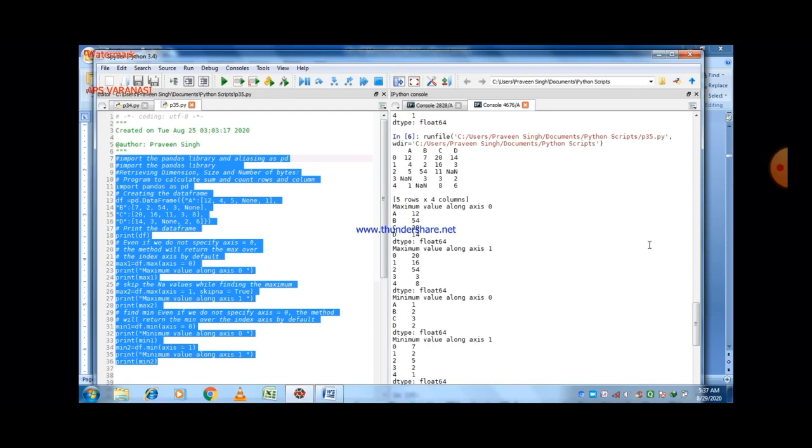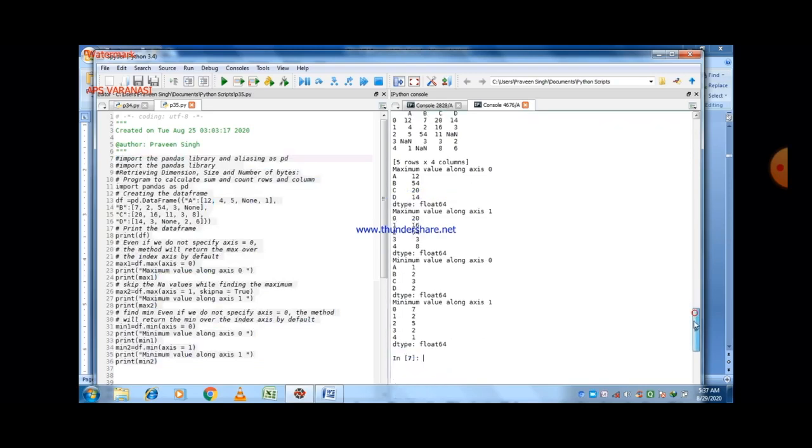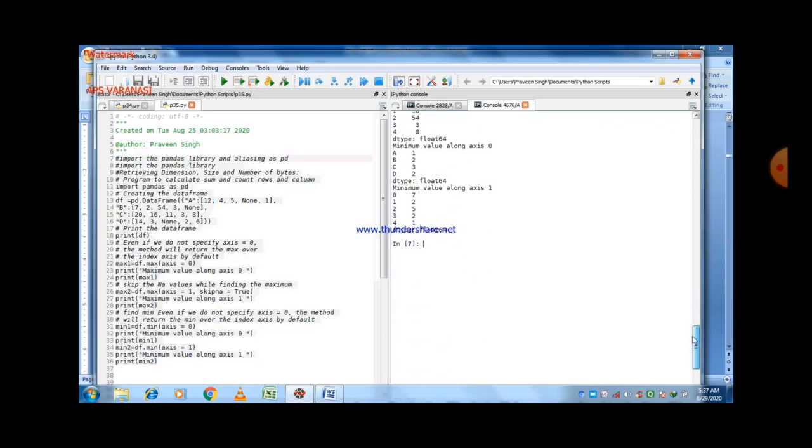You can make a new program. If you want to make a new program, then just go to file and then go to new file and then write a program.